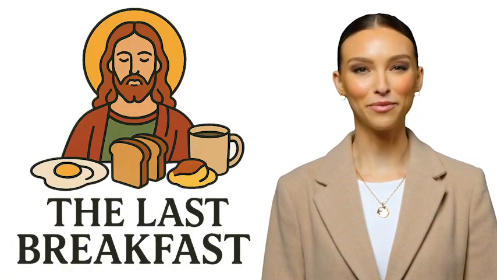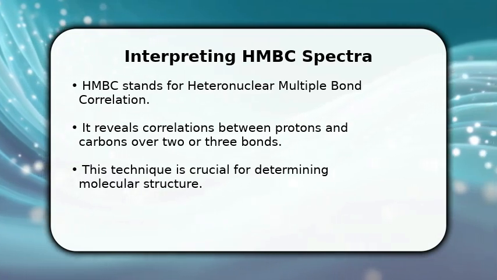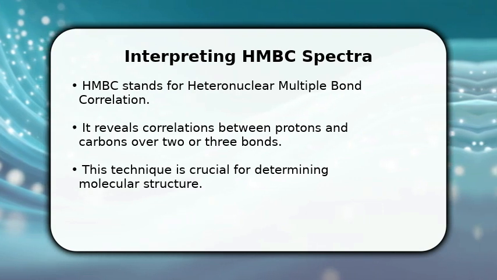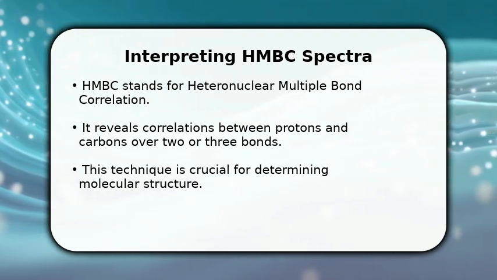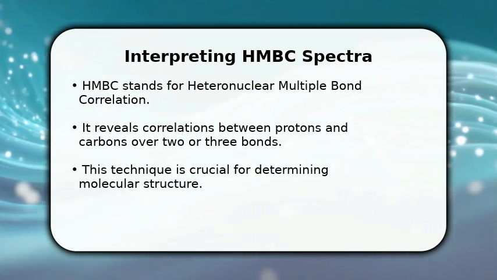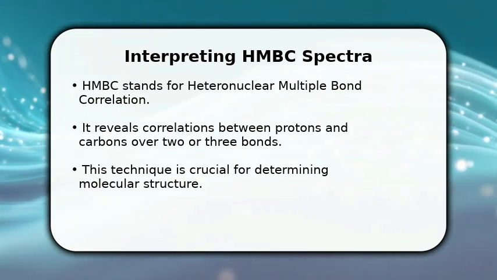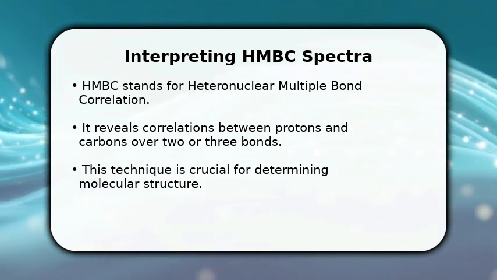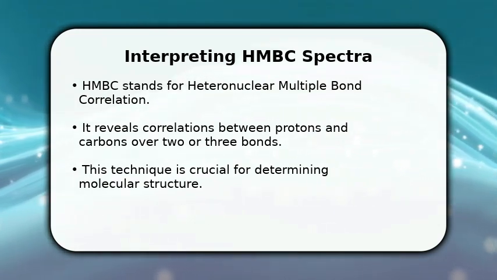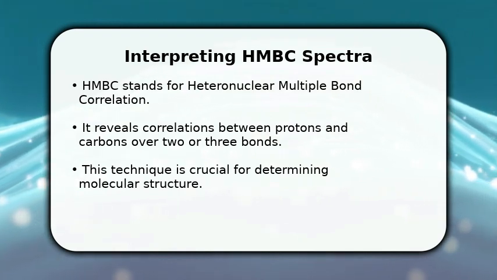Please enjoy the video. In this video, I will explain how to interpret HMBC spectra. HMBC, or heteronuclear multiple bond correlation, is a powerful two-dimensional NMR technique. It helps us understand molecular structure by showing correlations between protons and carbons that are separated by 2 or 3 bonds. This provides vital information about the carbon skeleton and connectivity, which is often difficult to obtain from one-dimensional spectra